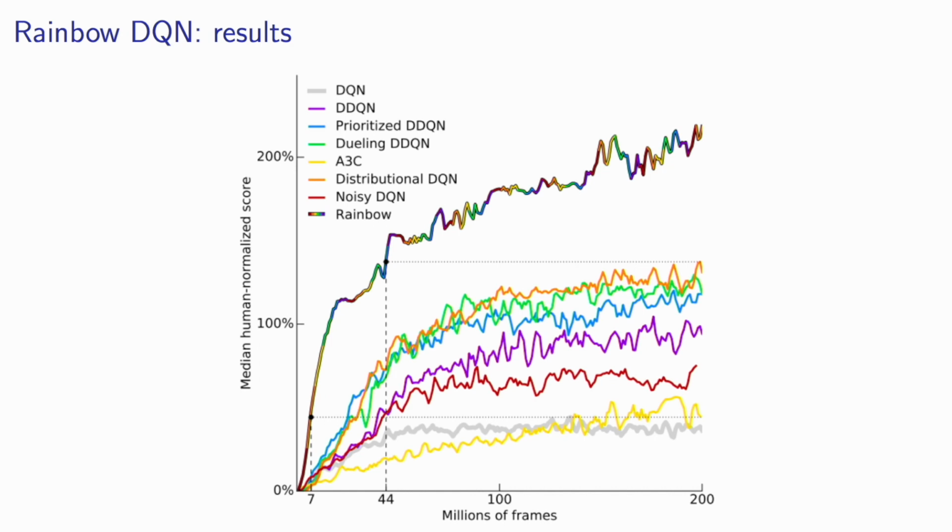Then the different algorithms or components that we discussed are in there, but I should also point out that, for instance, the noisy DQN line there just adds noisy networks to DQN. Then above that we see the double DQN algorithm, which just adds double Q learning to DQN. But then a couple of lines above that we see prioritized double DQN and dueling double DQN and distributional DQN. I'm not 100% sure of the distributional one actually, but the prioritized and the dueling do use double DQN. So they weren't using only this one component, prioritized or dueling, but they also added the double. So these are not specific components completely detached from each other. There are some combinations there.